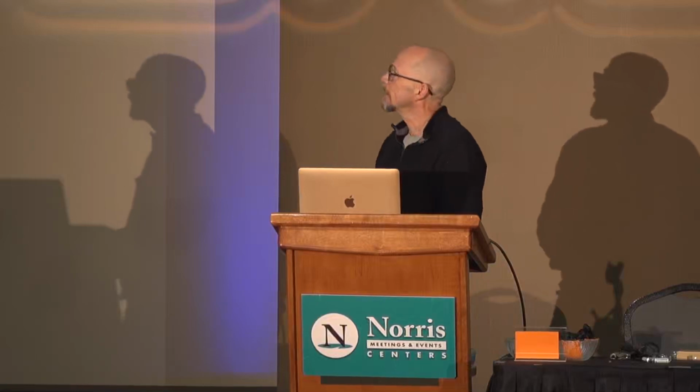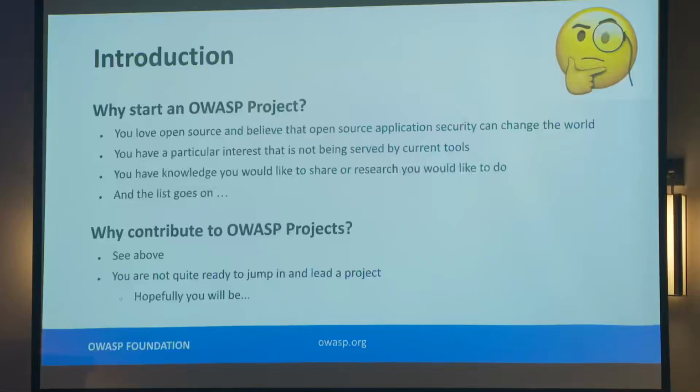And if you're not ready to start an OWASP project, you might consider contributing to OWASP projects. They have the same reasons for contributing as for starting an OWASP project. And another reason would be maybe you're not quite ready to lead an OWASP project. And hopefully you will be after this.